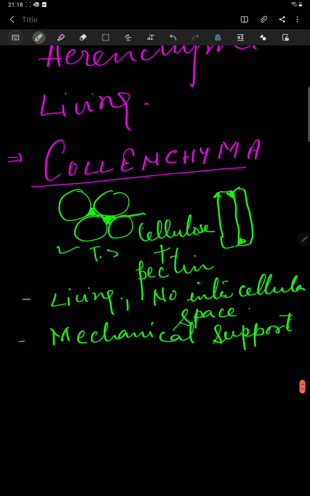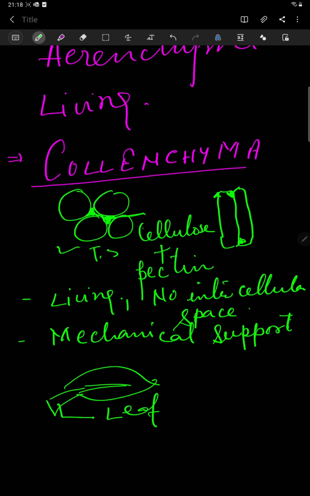First of all, see what is there. I'm going to make a leaf. This is the leaf, right? This part is termed the leaf stalk, and it is also termed the petiole, P-E-T-I-O-L-E, petiole. Clear? So collenchyma is present in the leaf stalk.